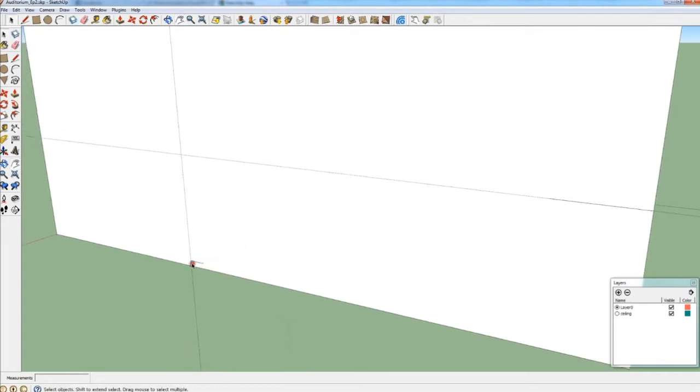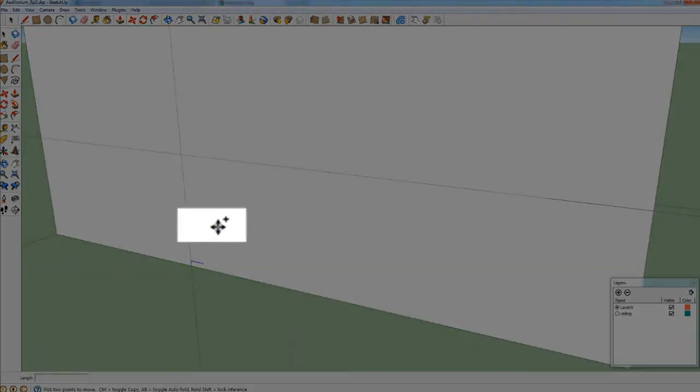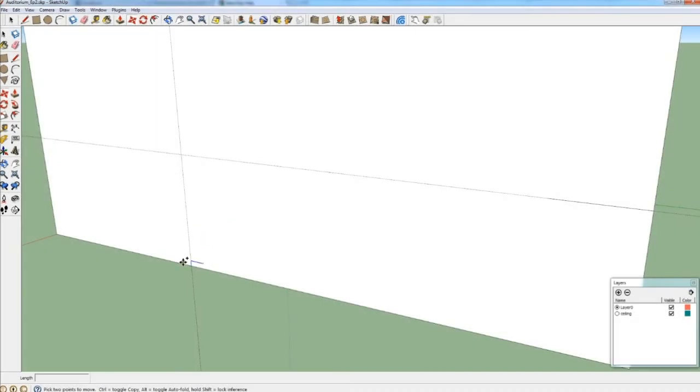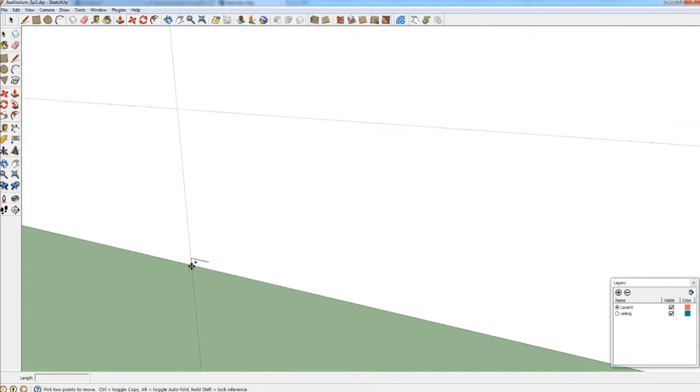So I just select by holding the control key and having the select tool. I select the two lines that form the tread, and now I can take the move tool. I can press the control key so that a plus sign appears on the top of the move tool, and I click at this point, and you can see that I can move the tread right now, but not actually the real tread, but a copy of it.